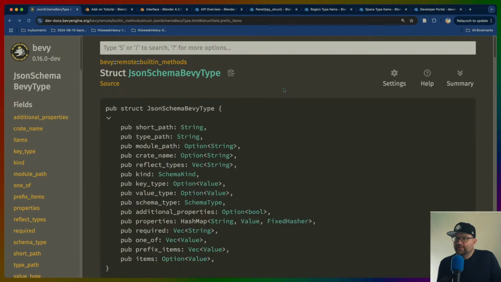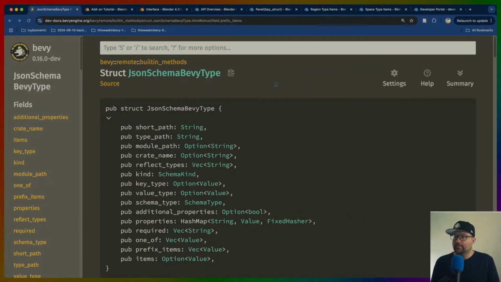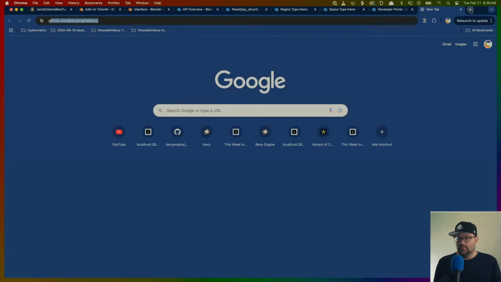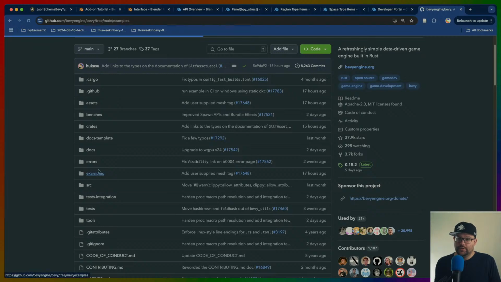And this is JSON schema Bevy type. So the other thing that we need to do is figure out actually, there's an example for reflection. And I think before we do any more Blender stuff, one thing that I do want to do is figure out,